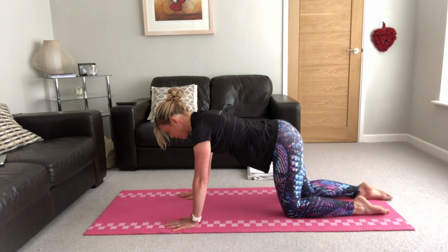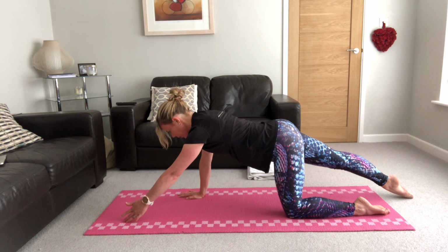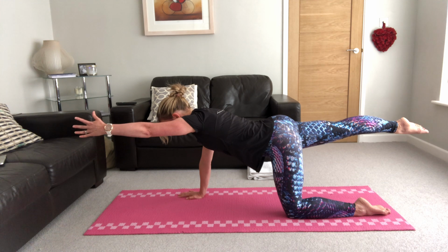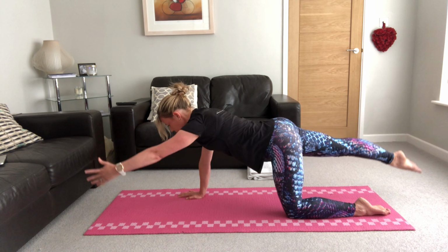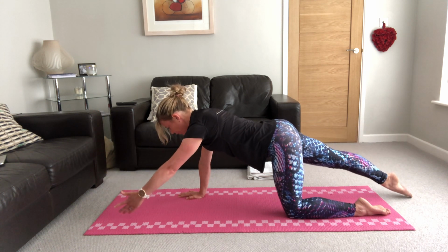We're going to repeat that with the other leg. We're going to reach the arm and leg away. We're going to hover the arm and leg, reaching them to the opposite sides of the room. Strong through that centre. Push the floor away. We're going to lower and lift for 5,